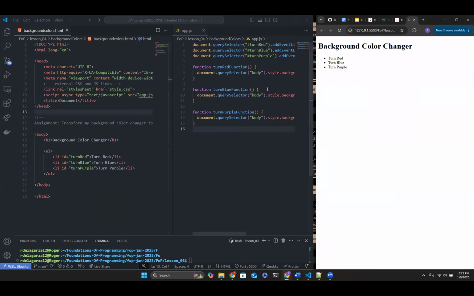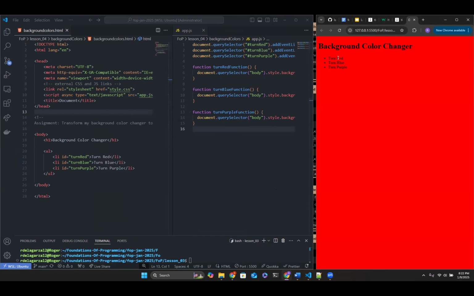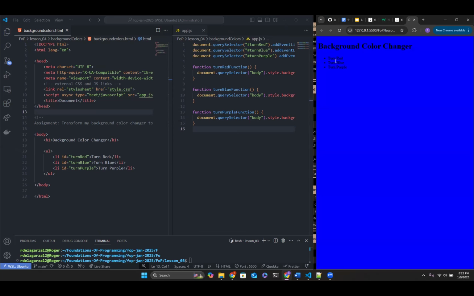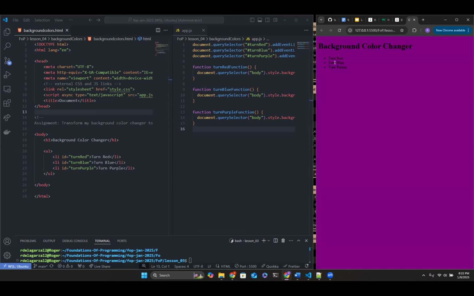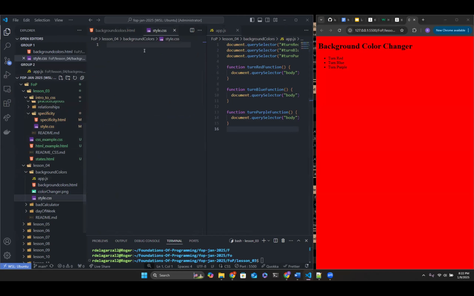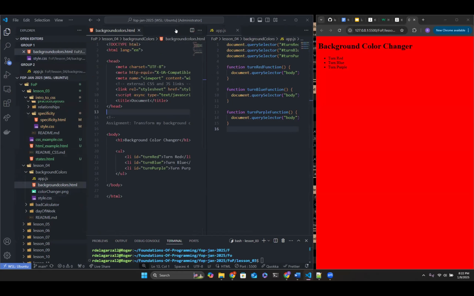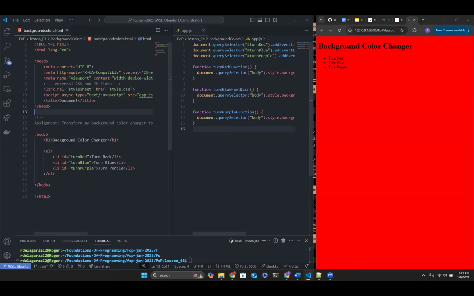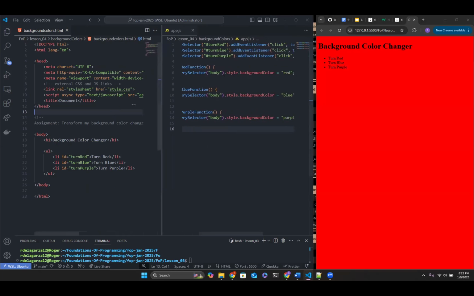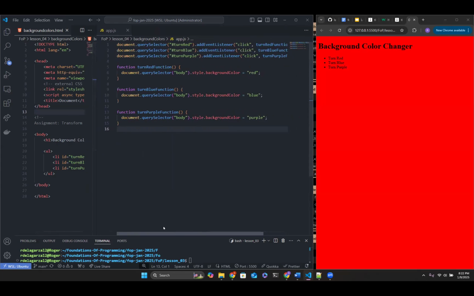There we go. So as of right now, when I click these, if you see, they're changing color, right? We don't have any CSS, guys. The CSS file is absolutely empty. But the JavaScript is changing the CSS manually through the code, right? Because of these functions.